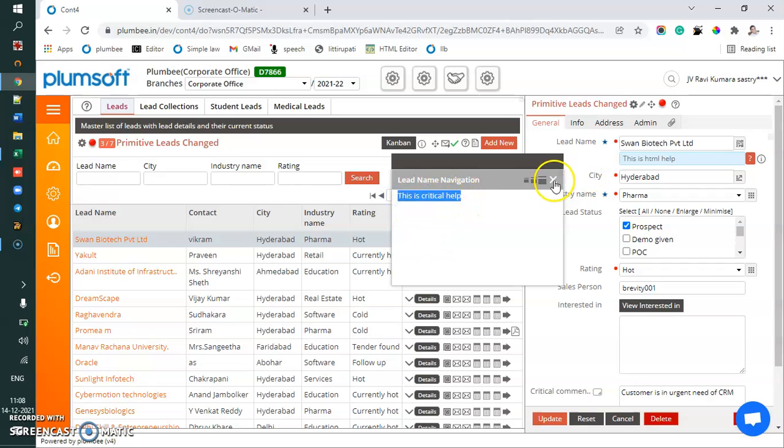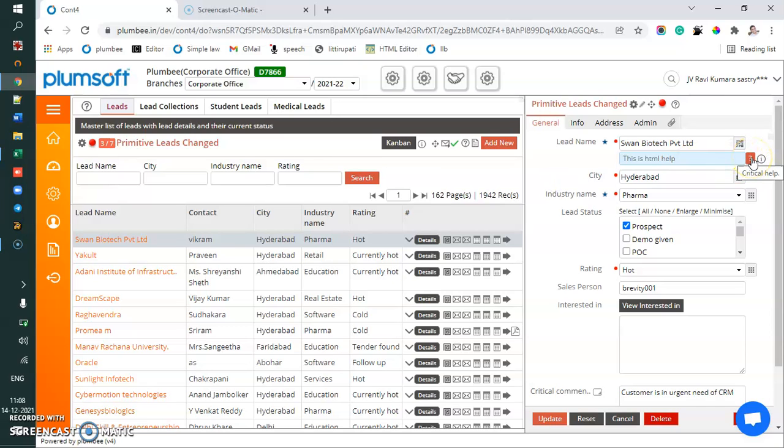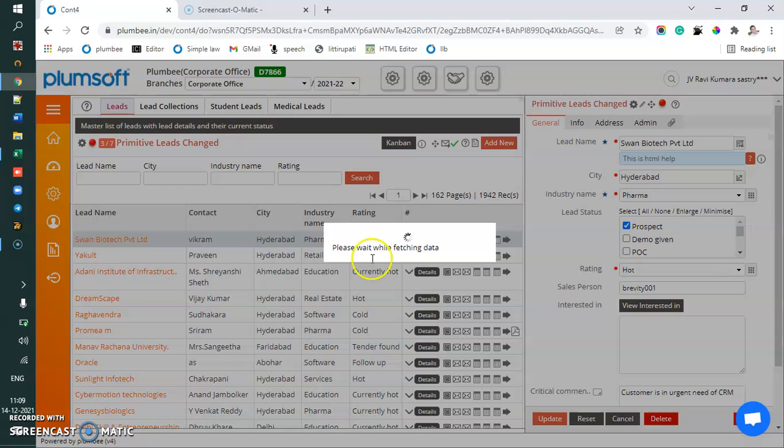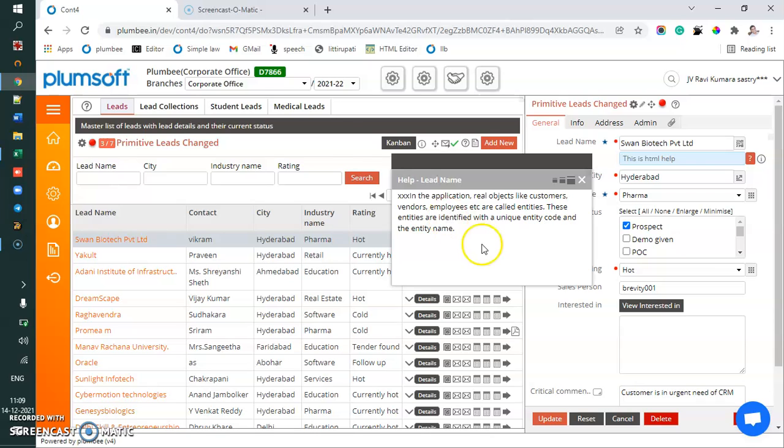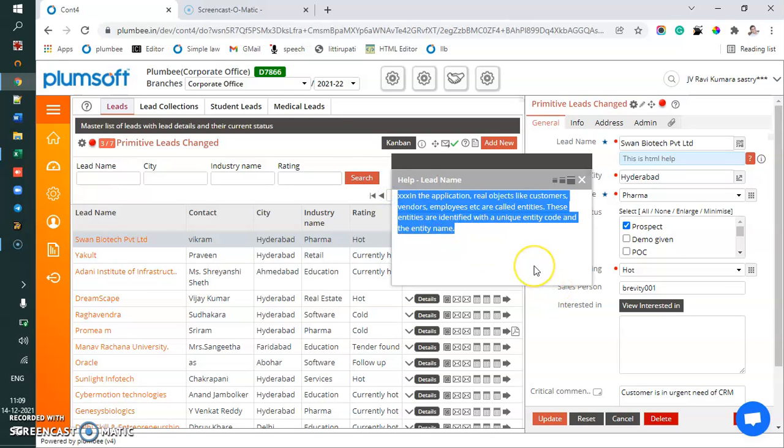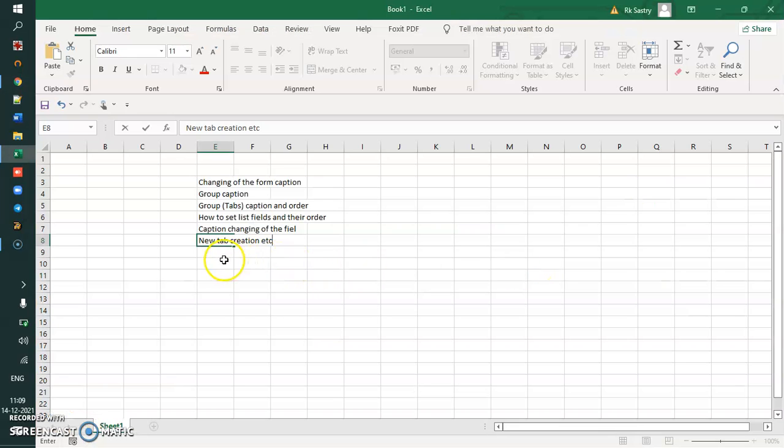So what you write goes into the critical help, goes to the question mark. What you write in the HTML comes here, and what you write in the help, basic help, will appear here. So we have seen how to write help.